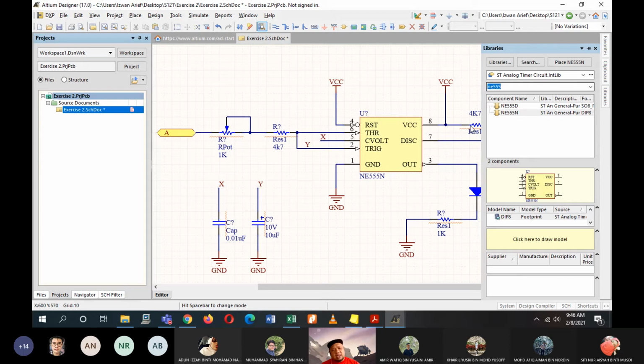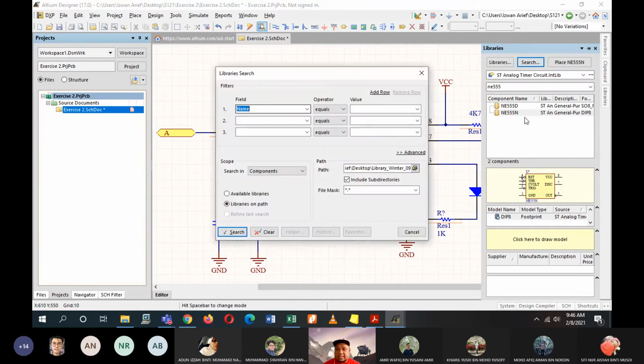But don't worry, later on, for any components which are not available in your libraries, I will tell you. Please install this library. Look for the libraries in the library winter online folder. If it's not there, don't worry, you can search here. Press search, name contains NE555N.